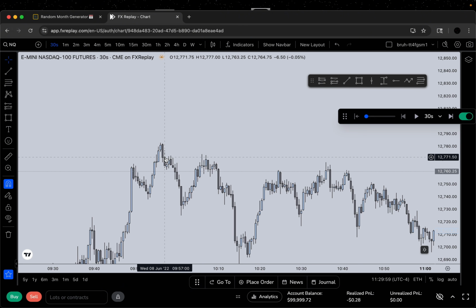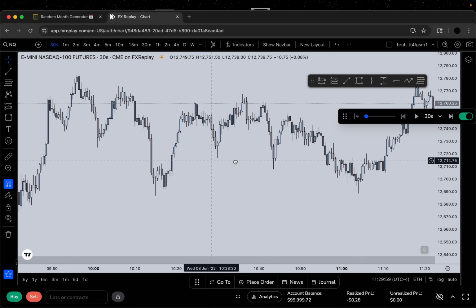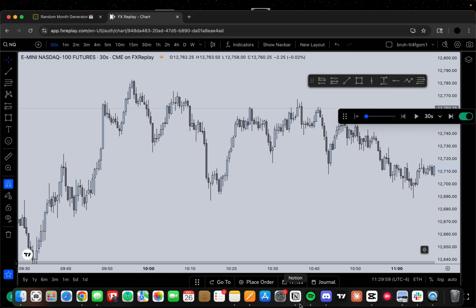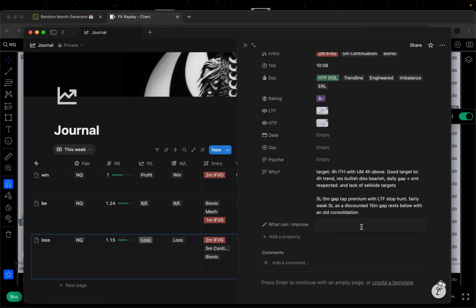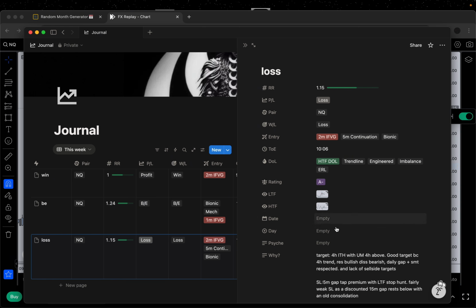Oh, why did I lose, Ronan? Well, your stop loss sucks. That's why. On the high time frame, this probably plays out, but your stop loss is mid, and that's why you're going to get swept. And then what can I improve? Definitely my SL, exactly what I just said. I'm not going to type it out, that's for y'all. Iffy because of SL, but took it anyway.